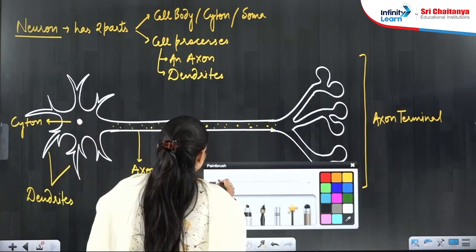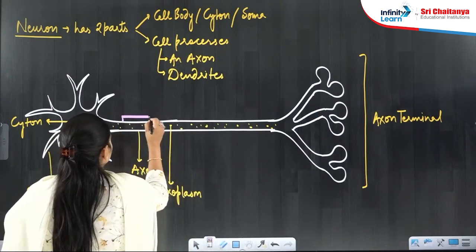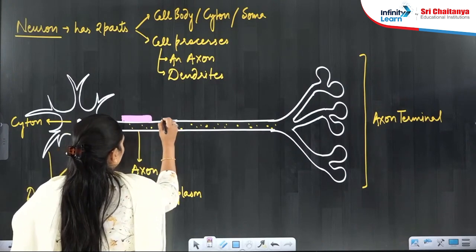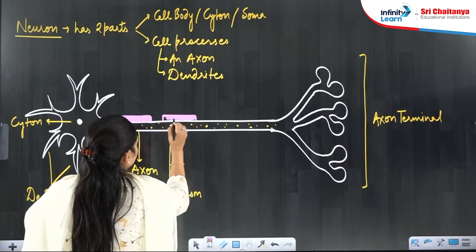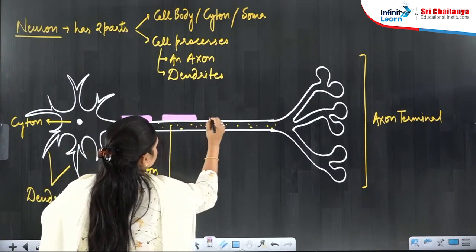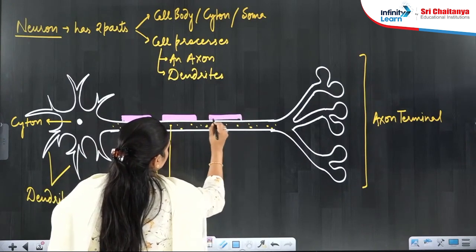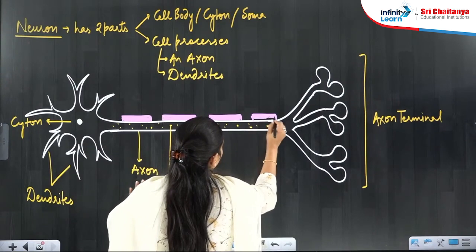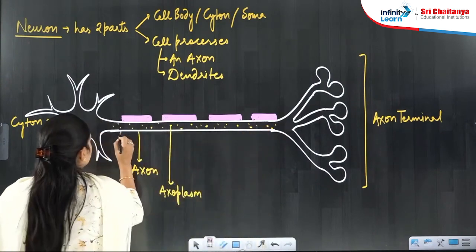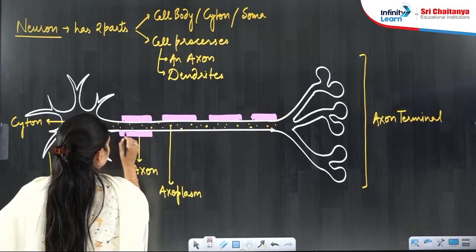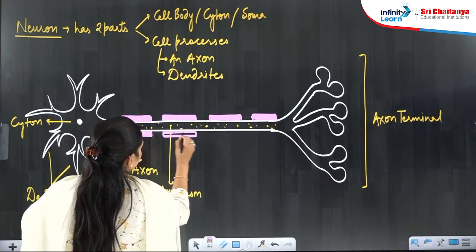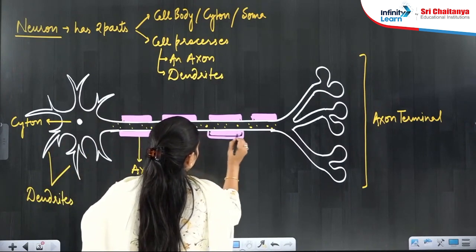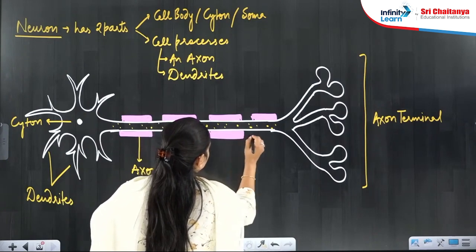But now I will make a myelin sheath here. So you can see, I am making the myelin sheath. This is the myelin sheath. So I have made the myelin sheath here. So now this neuron will be a myelinated neuron, and there are some places where the myelin sheath is not